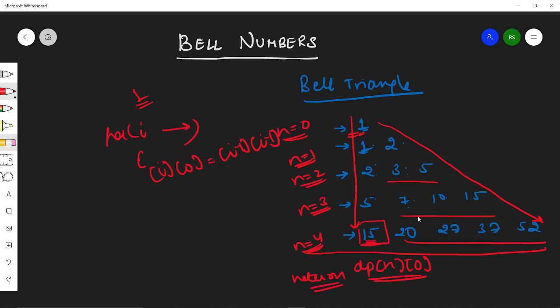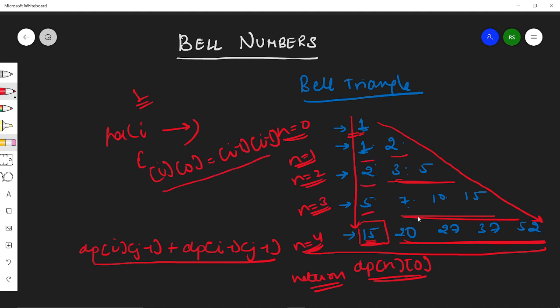This is just the addition of the same row's previous column plus the previous row's previous column. This is my formula for all of these elements, and this is the formula for the first column. And using this I can form my Bell triangle, and dp[n][0] would give me my answer.